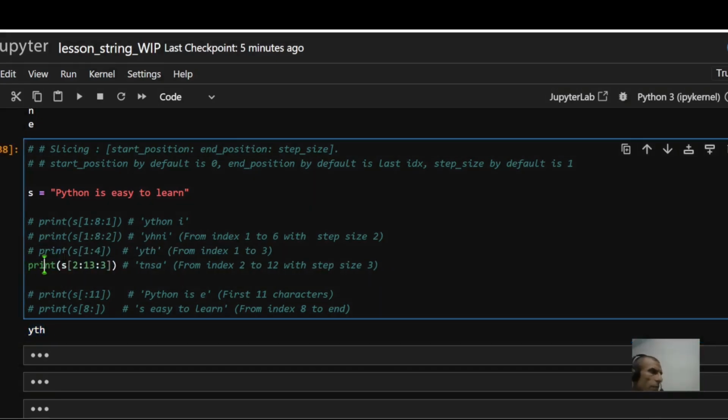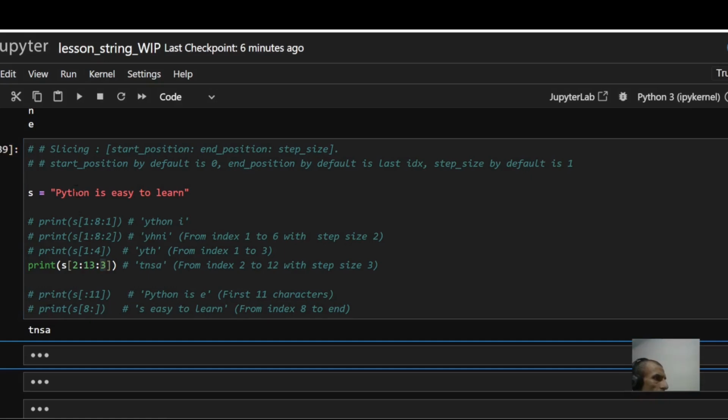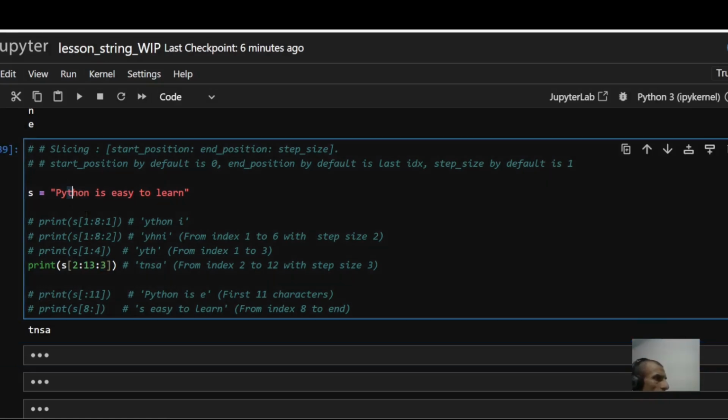Okay, what about the next one? This one over here, I'm printing starting from index 2 all the way up to 13, and step size is my 3 in this case. So if I run this, it's going to print these elements T, N, S, A. So your T starts from here, then remember, step size is 3. Let me just use my pen. So come back over here again. It starts with T, right? So it prints out T, then it's going to go step size 3. So 1, 2, 3, then N. As you can see, T, N,